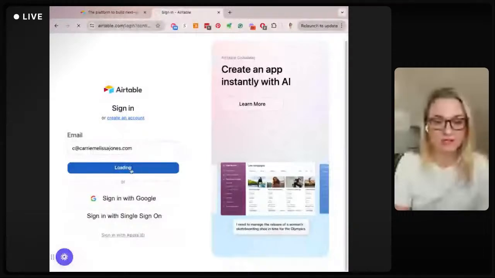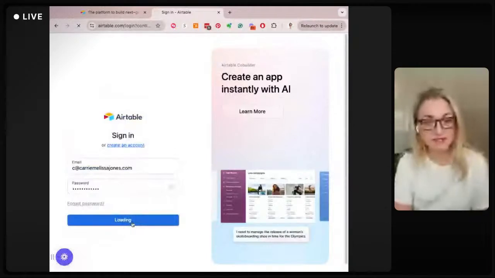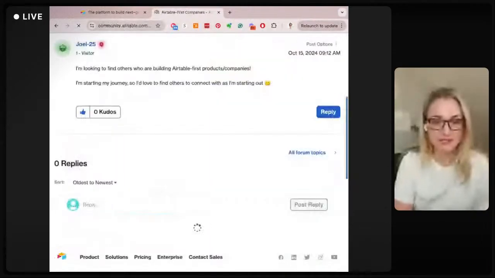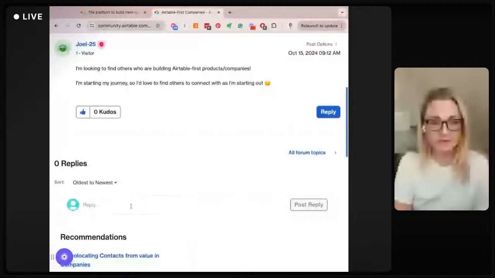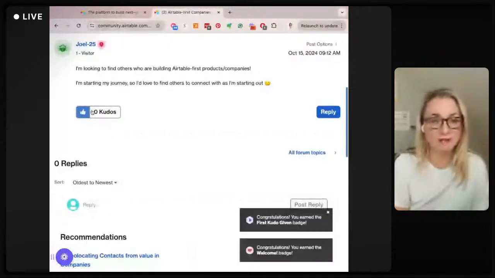I'm like, okay, I want to talk to this person. Maybe I run an Airtable first company. What does that flow look like? Pretty seamless so far. Yeah, that's a really nice experience because I already have an account. Now, if I did not have an Airtable account, I'd have to sign up for that, and then I'd probably get distracted and go do something else.